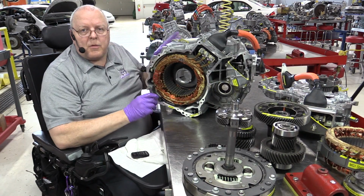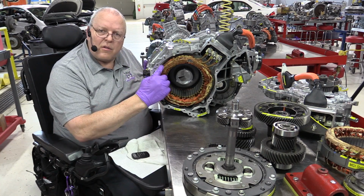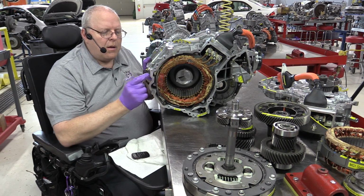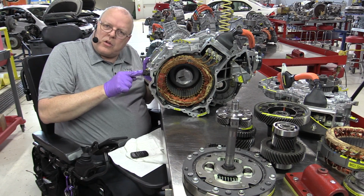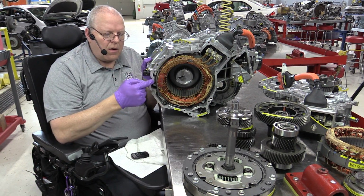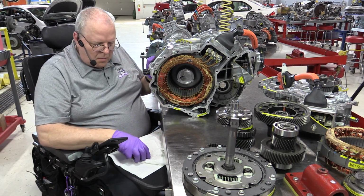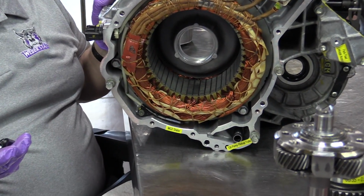Before we look at the oil pump, this temperature sensor for MG2 has a built-in temperature sensor in the stator of MG2. But this electrical connector here has 6 terminals now. 4 of these terminals are used. 2 of the terminals are for a temperature sensor built into the stator. The other 2, if you follow the wires down, go to a temperature sensor right here in the bottom of the case, which measures